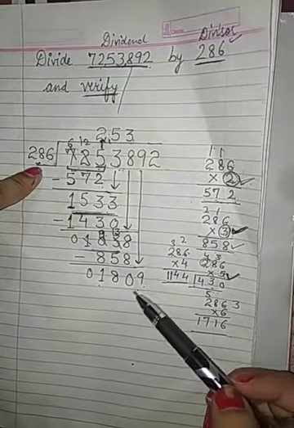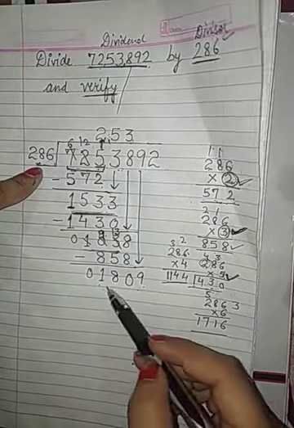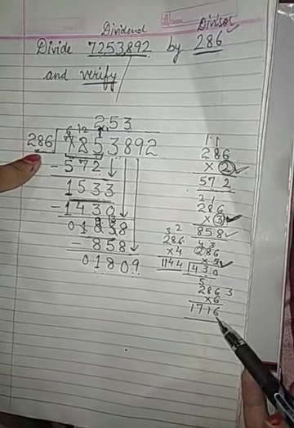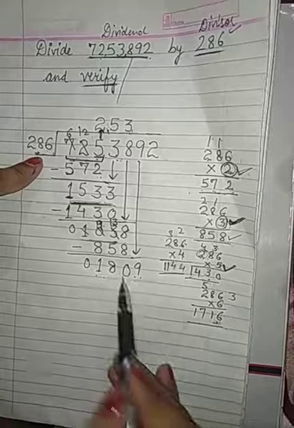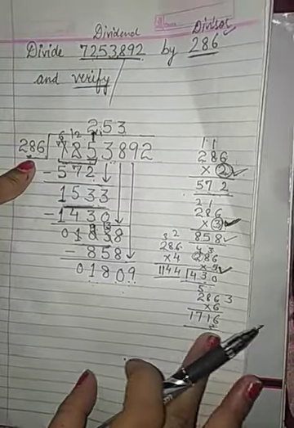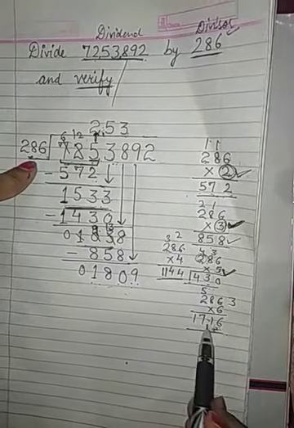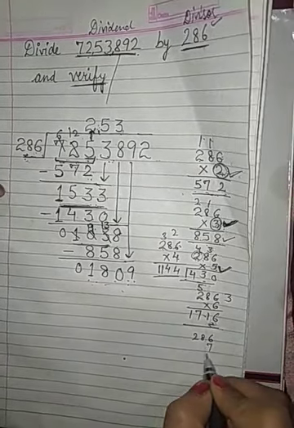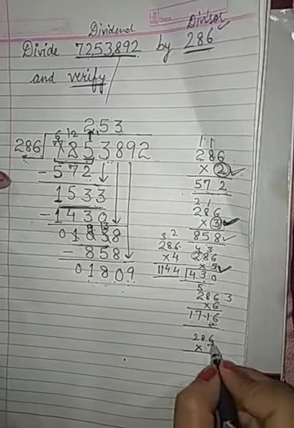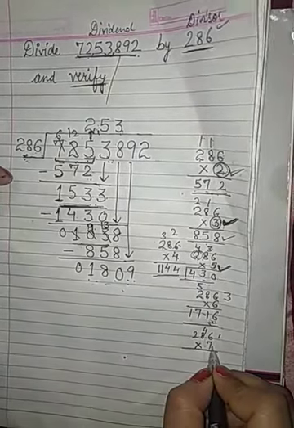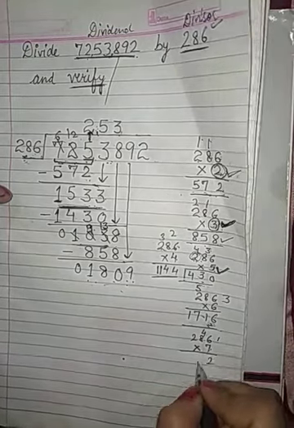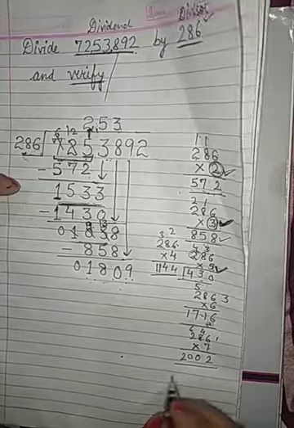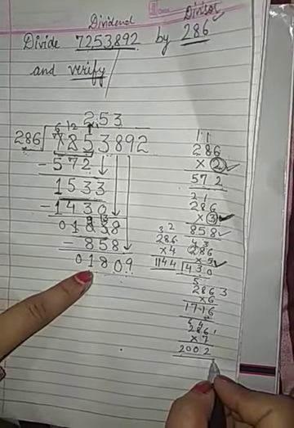So now let's check at what number it will go. 1809, it will go with, let's check the number. It is coming 1716. It is coming equal to this number. So I want to check one more number. So I am going to multiply by 7. 7 6s are 42, 7 8s are 56, 56 plus 4 is 60, 7 2s are 14, 14 plus 4 is 20, and it is coming 2002, and it is more than this number.